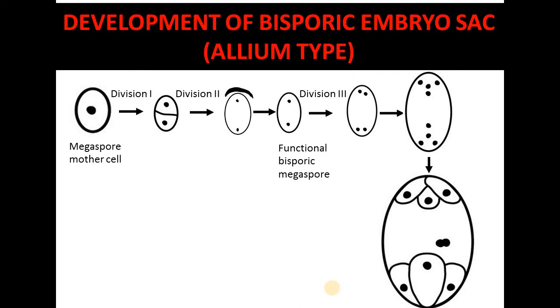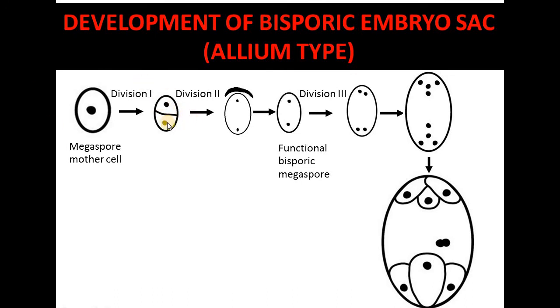That is the Allium type. So in this Allium type of embryo sac development, first of all, the megaspore mother cell will be divided by meiosis. So a dyad will be produced. Now what is the new thing here? In meiosis 2, both the cells are not going to be divided. Actually, the division will be there, but what is the problem? They are not separated by the cell plate. Cell wall or cell plate will not be produced inside the cell.